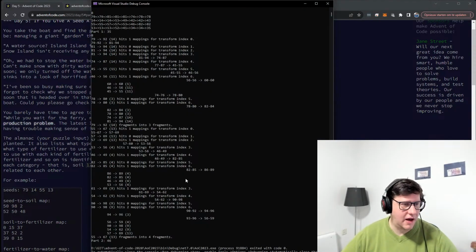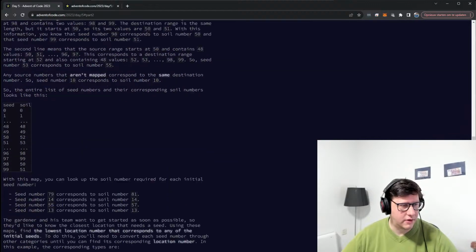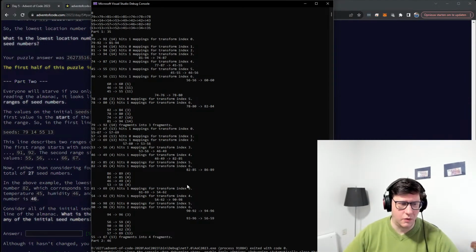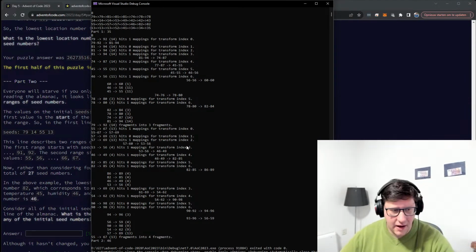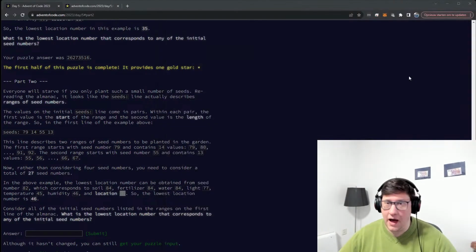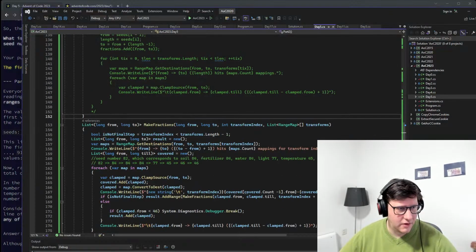So once I changed the way I read the seeds, it actually spit out the right answer for the test for me for part 2. So now I want to go back and run it on the real input and see if it works. And I was so mad because I spent like an hour and a half debugging this stuff just for nothing, when it's just a simple,